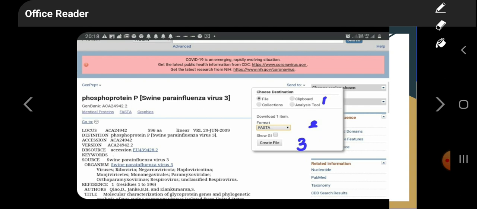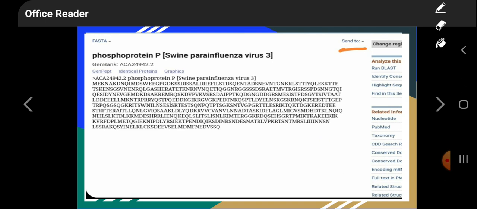By clicking this, we get the destination. The destination is file, and the format we are going to download is FASTA format. Then we click to create a file.